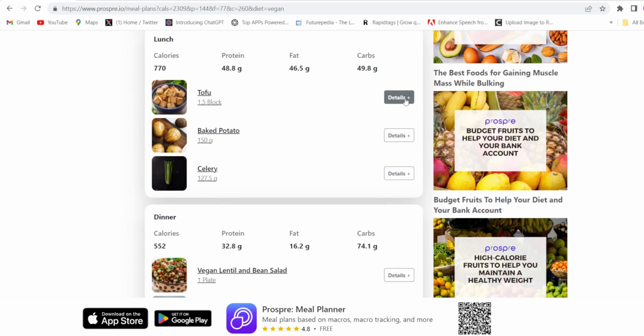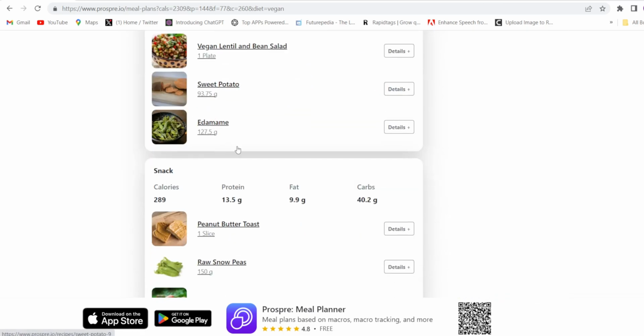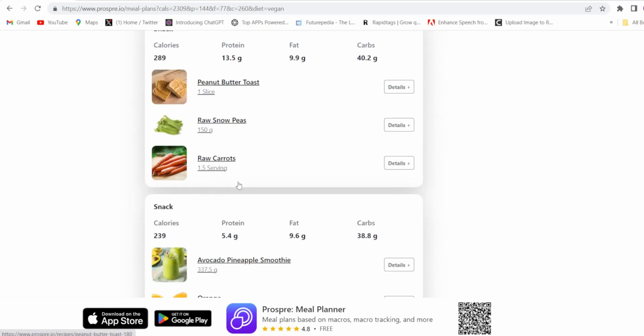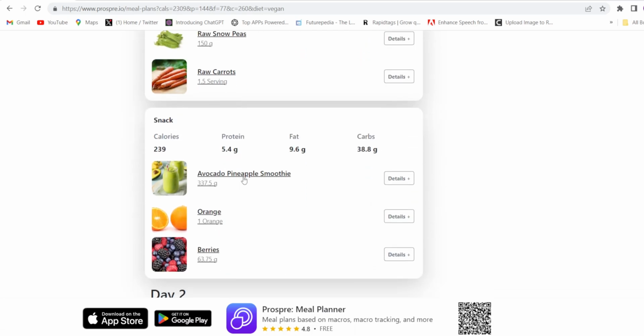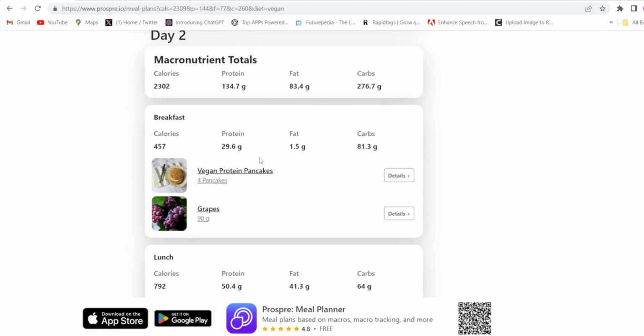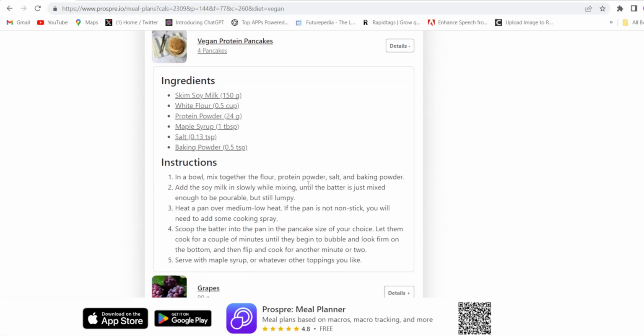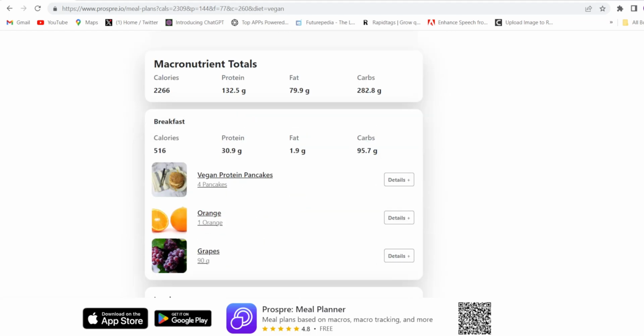Here, even they have given the details of that recipe. Let me click on that. See the tofu, and they have given instruction how you have to cook it. The dinner, snacks. So they have written all those things. How many calories you have to consume, what you have to consume, the full details of that ingredients, how you can cook it. If we go down,